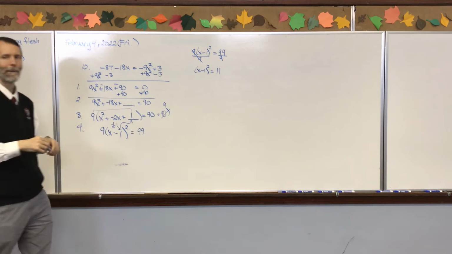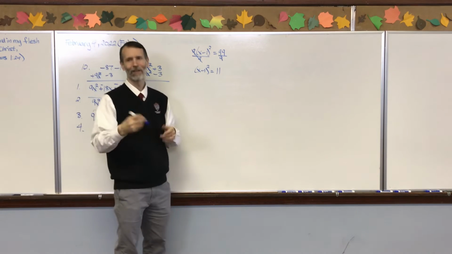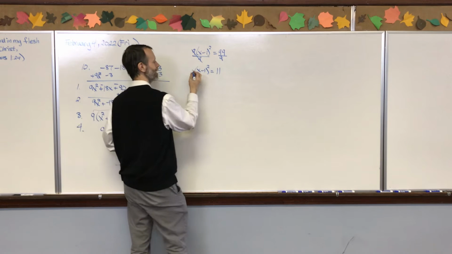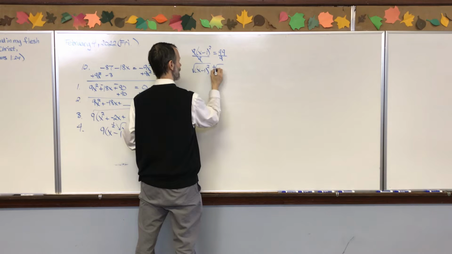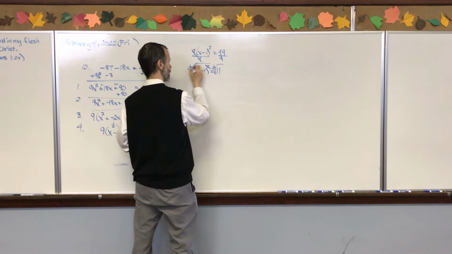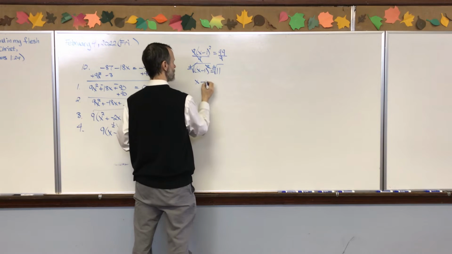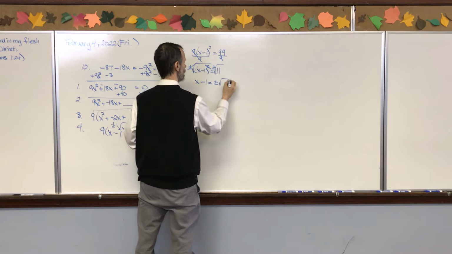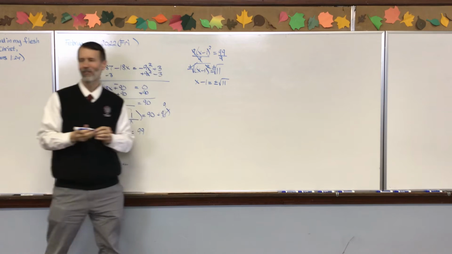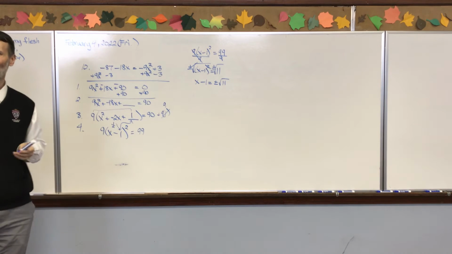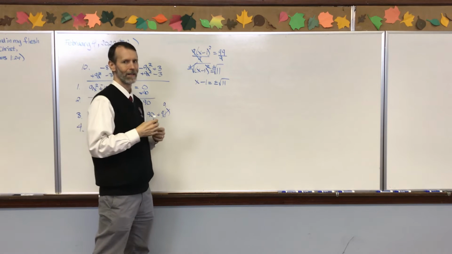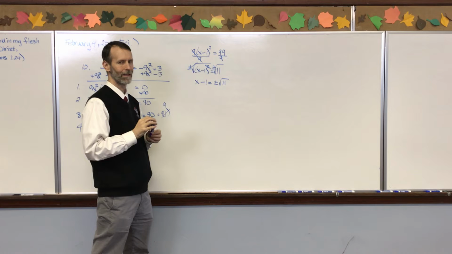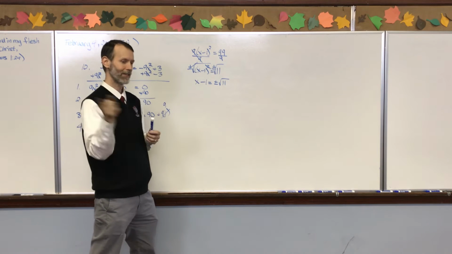Mary, take over. What do you do? I'm solving. Yeah. How many answers? 2 answers. Good. What kind? Positive, negative. Positive, negative. So these cancel. What do you have so far? X minus 1 equals plus or minus radical. Correct. Jana, take over. What do we still need to get rid of? I want to get x by itself. You add 1, yes. As long as you do it to